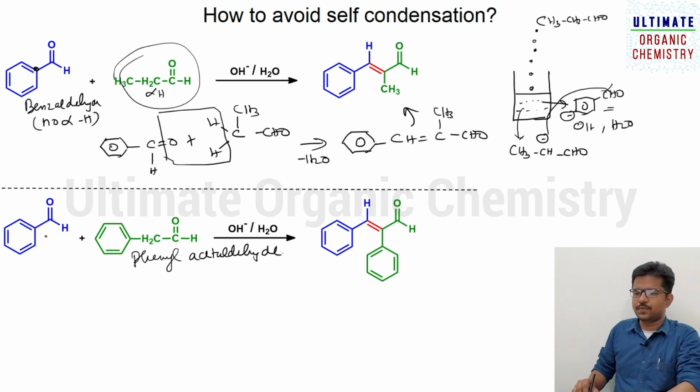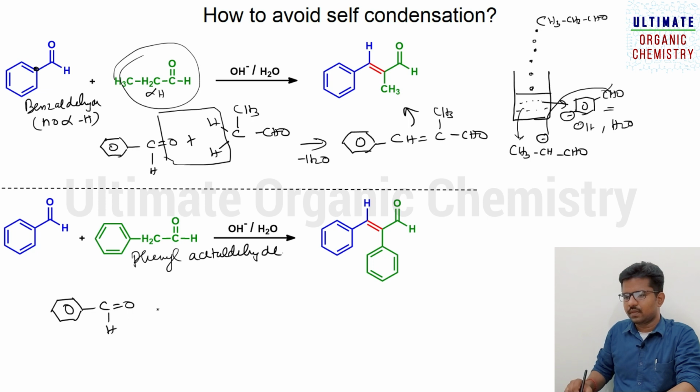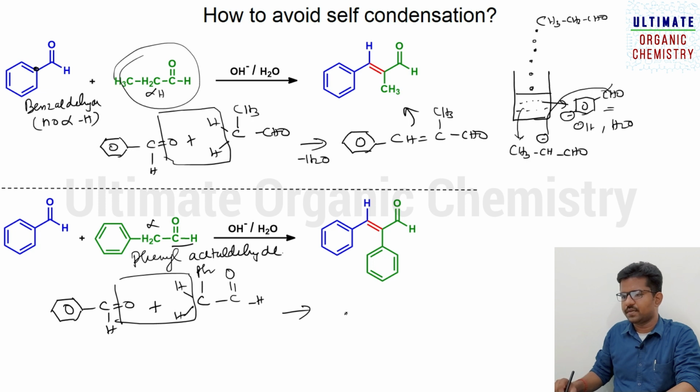Okay, so in this process, it's the same thing, only you need to write it. So just draw benzaldehyde. And you just draw, this is the alpha hydrogen, this is the functional group. So you just draw these two hydrogens like this, and here you have phenyl, and here you have aldehyde. So when it undergoes elimination, it forms